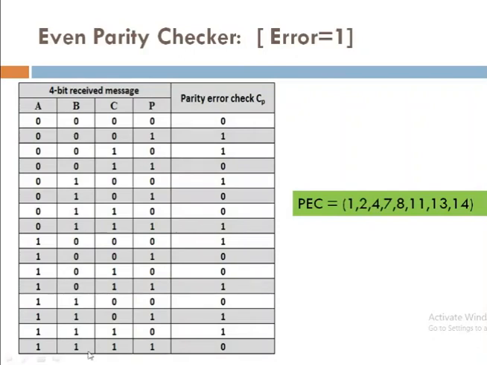So here suppose this second last entry, the number of ones is 3, so an odd figure. Odd is nothing but it represents the error. So for that error we can write down the 1. Then the last combination, the number of ones in this case is 4. 4 is an even number, even combination, so there is no error. So we can say it is a 0. In this way you can complete your truth table by observing your input data stream, calculating the number of ones, and then as per the number of ones, you need to write down the min terms.